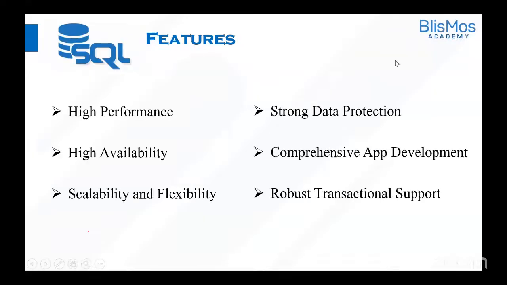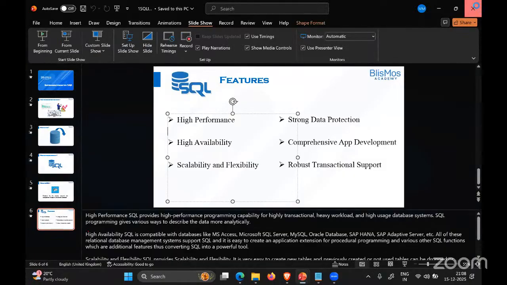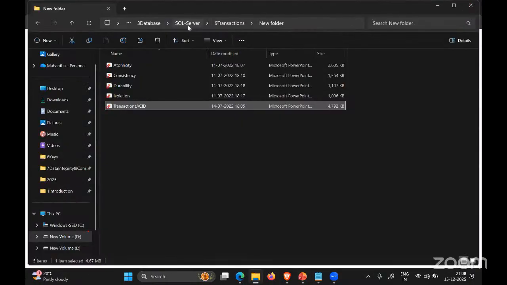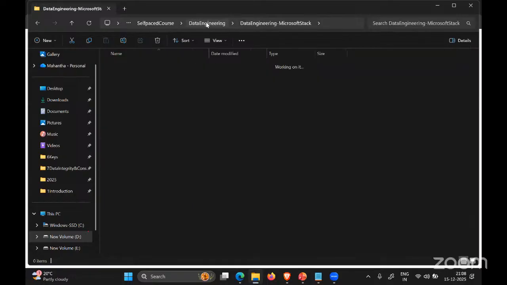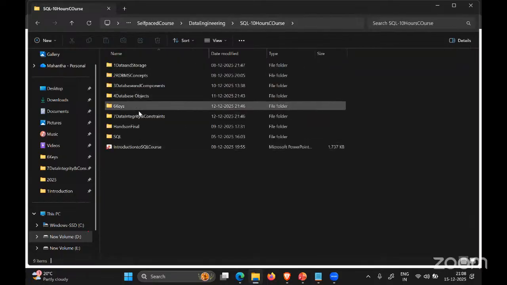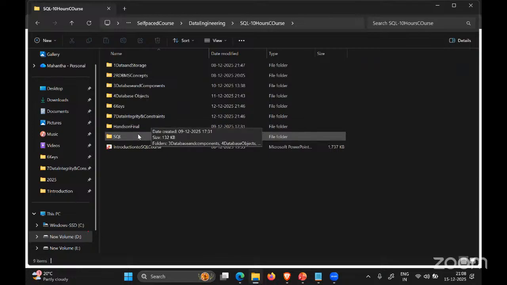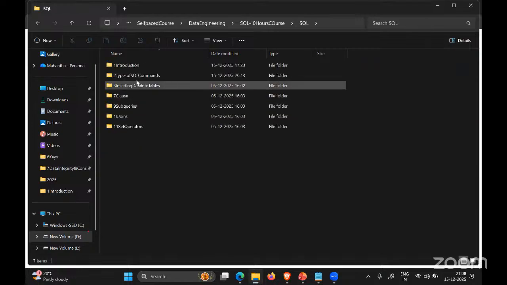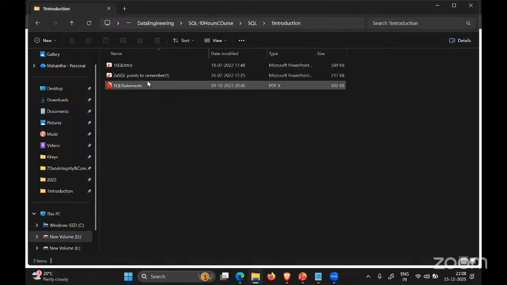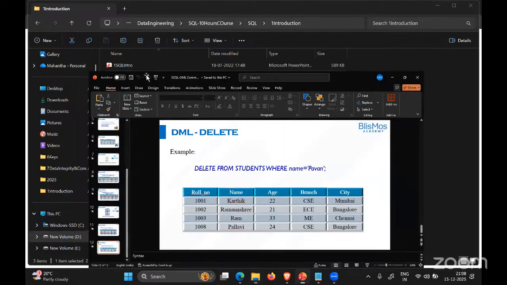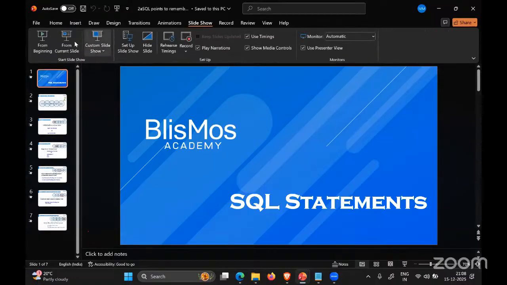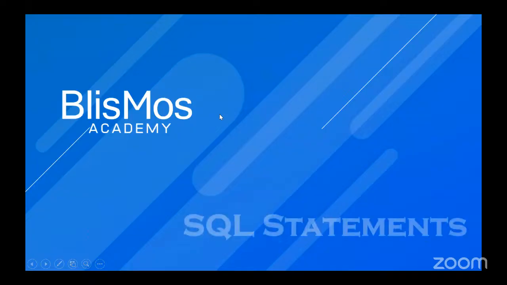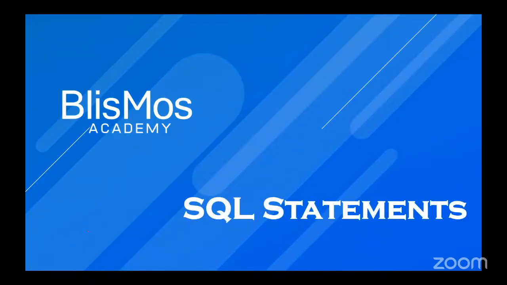Okay. Now that we understood, let us move forward. Whenever you are working with SQL, you have to remember some important points.